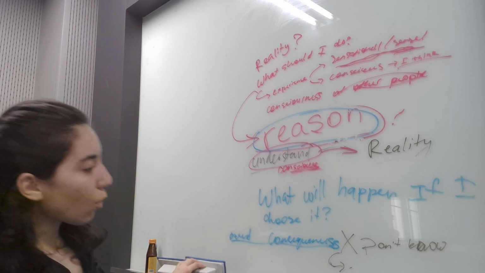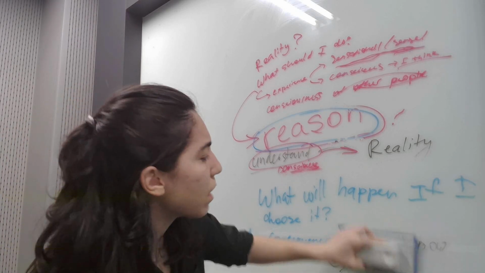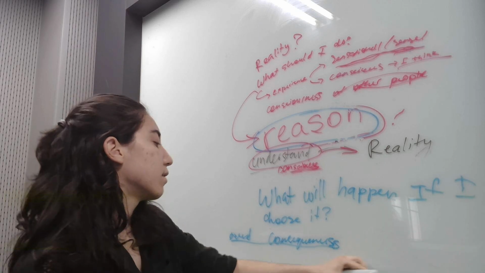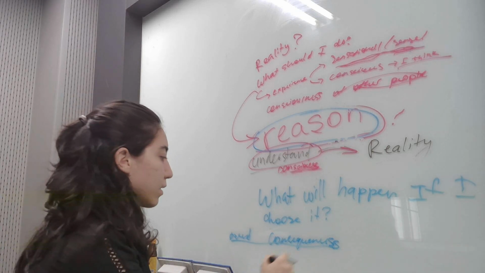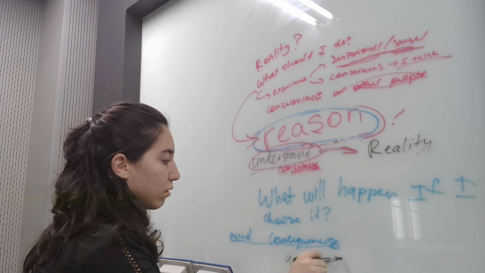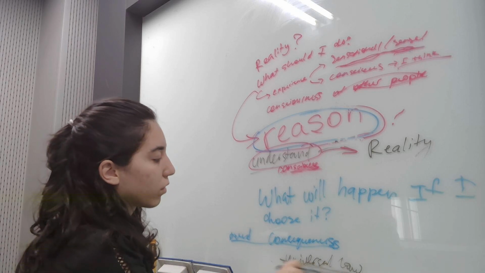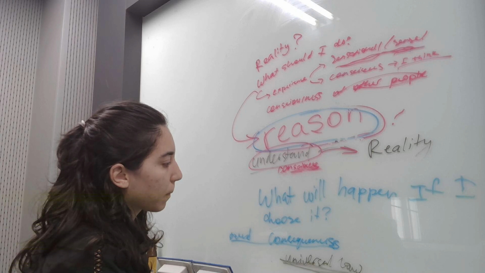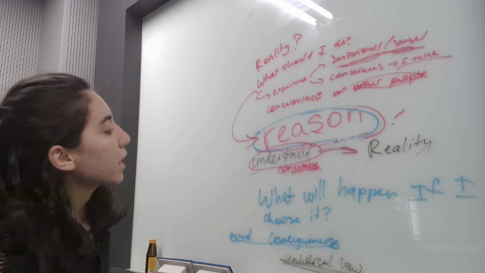And then you can say, well, not consequentialism. Maybe I should use something like Kant's maxim, like universal law, something that would apply for everything. But I don't want to go there. I want to say that